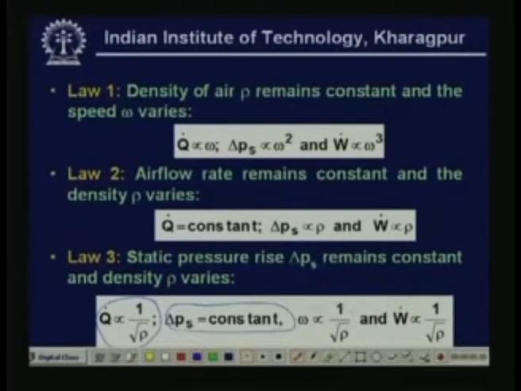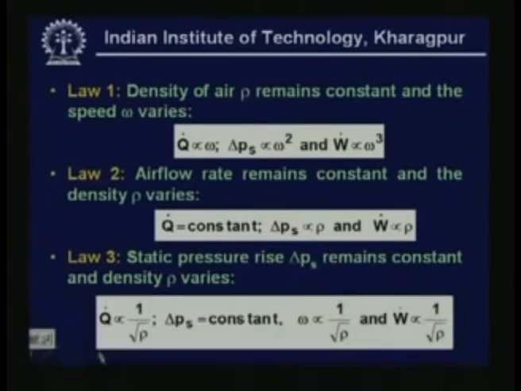And rotative speed also varies inversely with the square root of density, right. That is the reason why the flow rate also varies like this. And finally, the power input to the fan also varies in this fashion, 1 by square root of density. So these are some typical fan laws. Now you can also arrive at different fan laws. For example, if you take the size also into consideration, you can derive more number of fan laws. Now let me give a small example which will show you the usefulness of fan law.